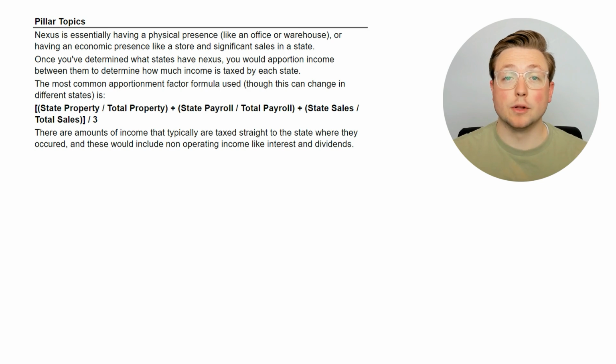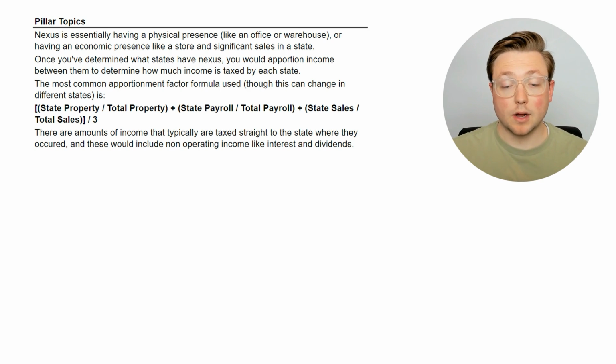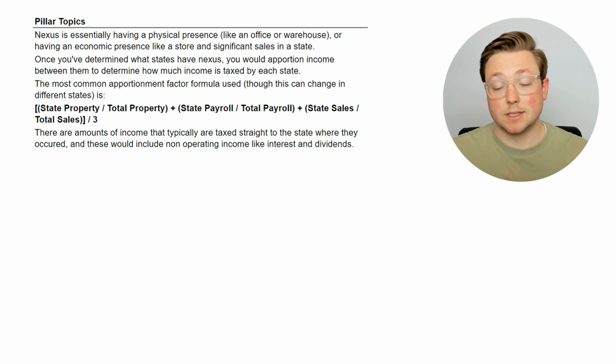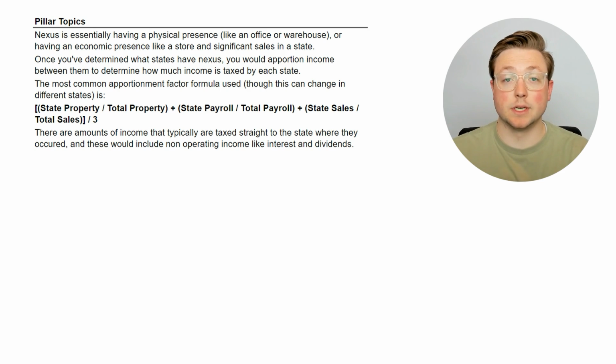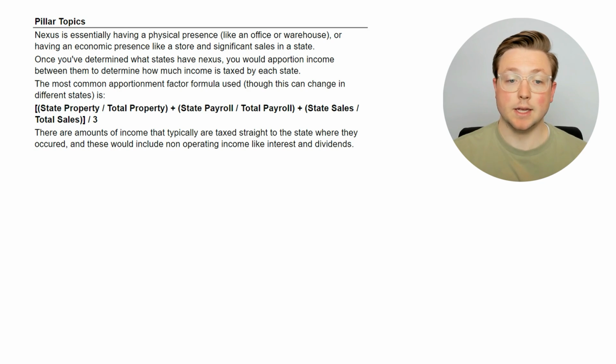Okay, and here are the pillar topics. Nexus is essentially having a physical presence like an office or a warehouse, or having an economic presence like a store, and significant sales, especially the significant sales, in a state. Once you've determined what states have Nexus, you would apportion income between them to determine how much income is taxed by each state. The most common apportionment factor formula used, though this can change in different states, is you take